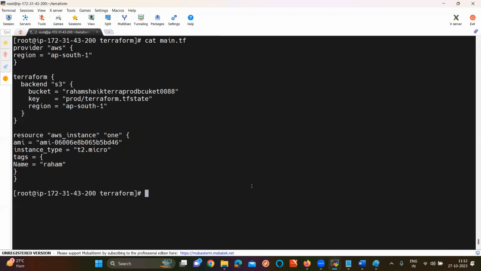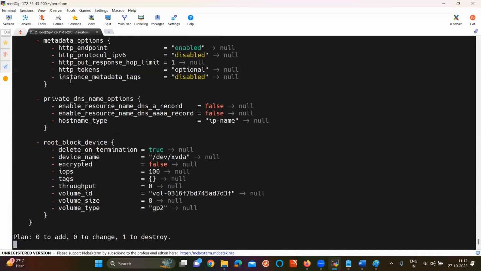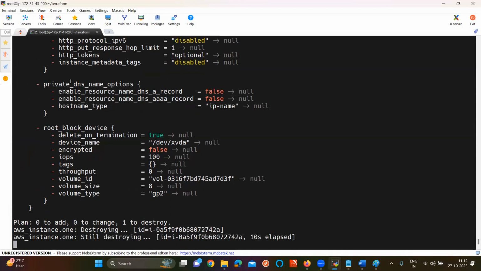Till now, Terraform is connecting my state information to the remote bucket, right? For example, if I remove the Terraform backend code from my main.tf, I need to remove that connection also, right?